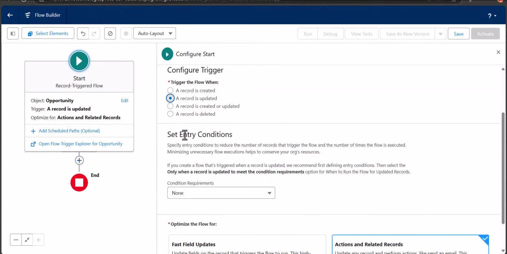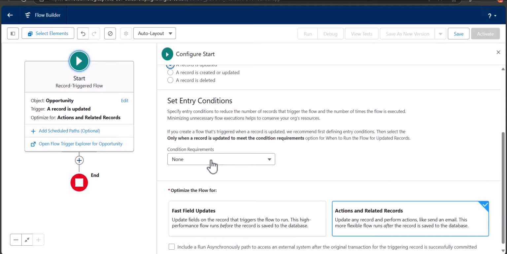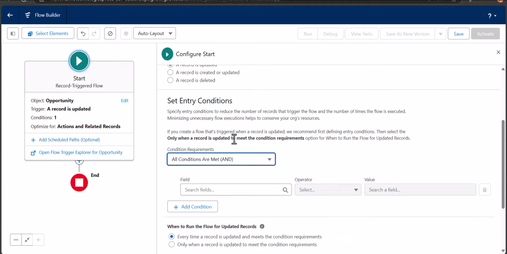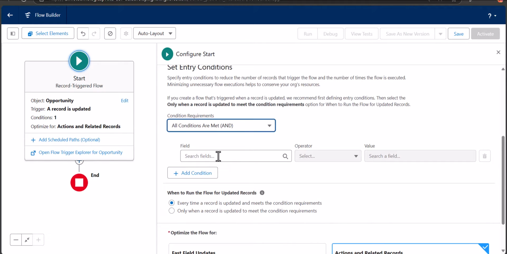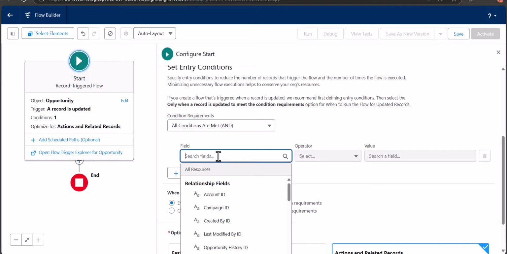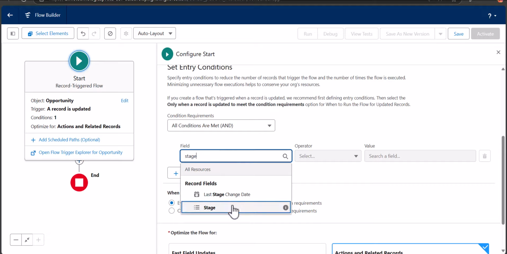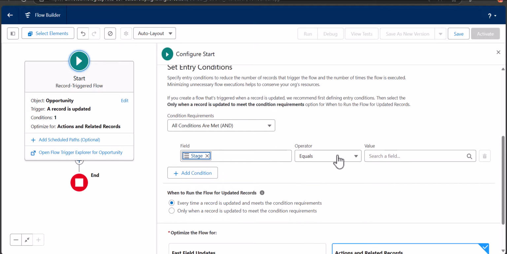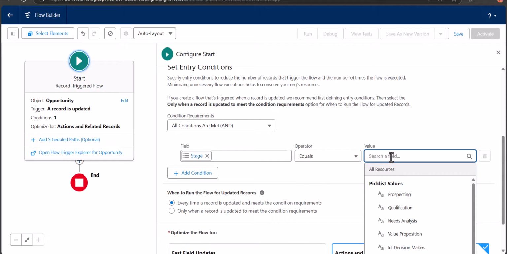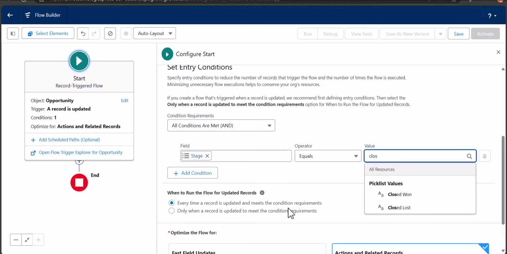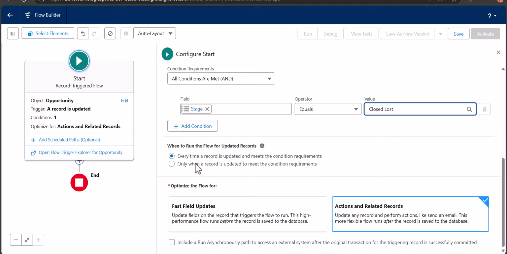For that we have to define the entry condition. For the entry condition, you have to select all conditions are met. The condition that we are going to give here to trigger the flow is that when the field opportunity stage is selected as closed lost, so the field will be stage, the operator will be equals and the value will be closed lost. Here we will select the value also, and here in the option when to run the flow for updated record,